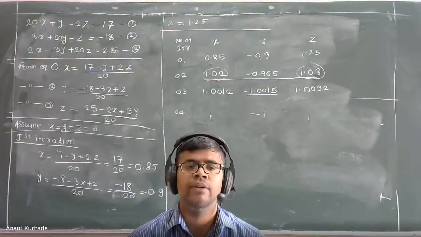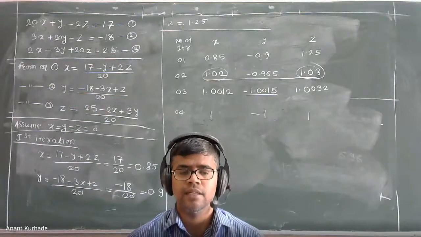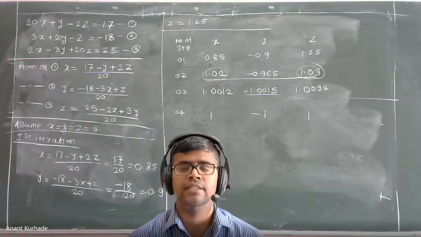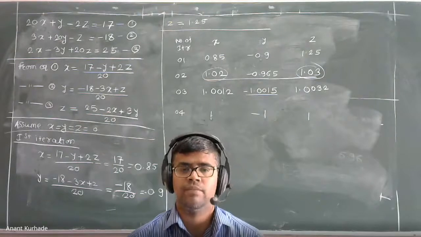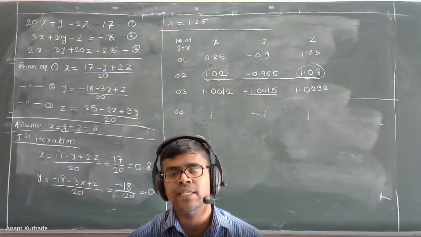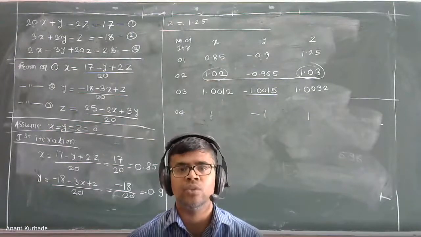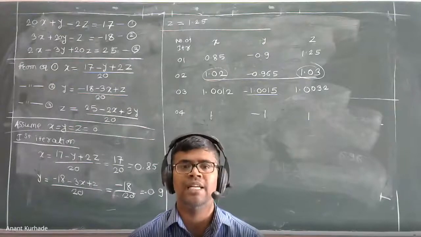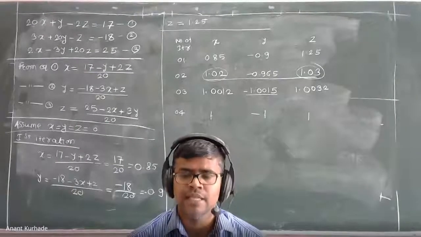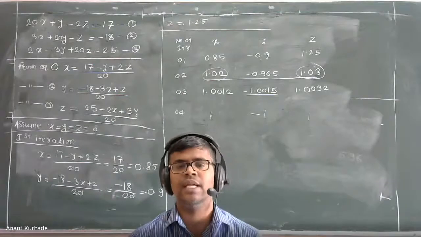Once you confirm, then you can number these equations 1, 2, 3, 4, and then, maintaining the sequence, by using the first and second equation, you can eliminate the first variable. Correct? First variable. So you can check their coefficients. If the coefficients are different, then you can make those coefficients equal by just multiplying. Don't divide. Remember, don't divide. Just multiply it. Then you can easily make the two coefficients equal, and then you can subtract.